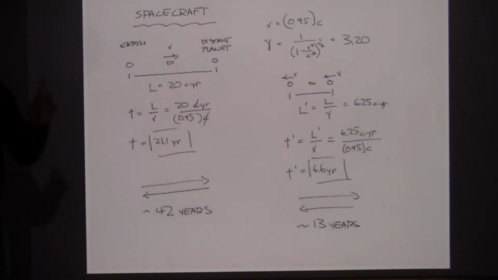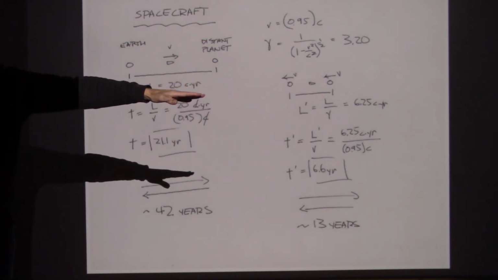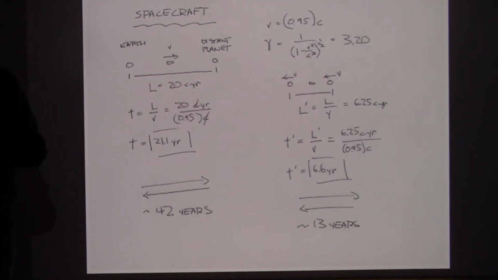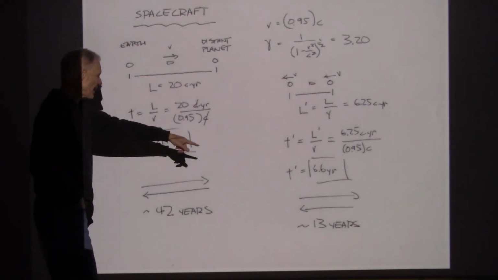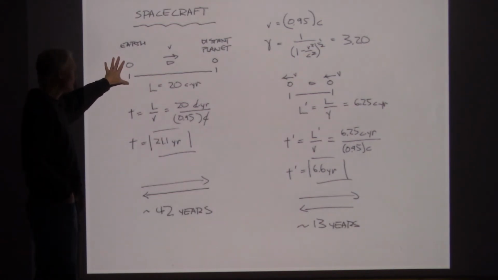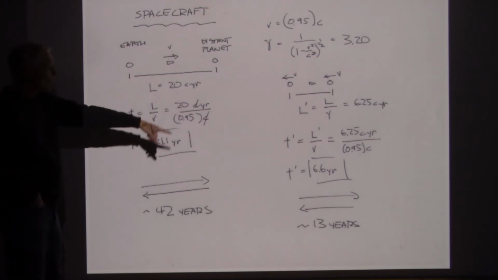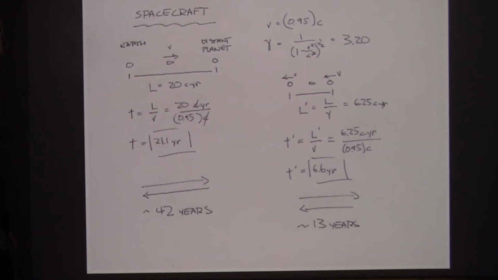So that says 21.1 years out, that's 42 years have gone by. So on Earth, when the astronauts come back, 42.2 years have gone by, but for the astronauts only about 13 years. Okay. Now, that's the prediction from relativity, and we have every reason to expect that would happen if we did build